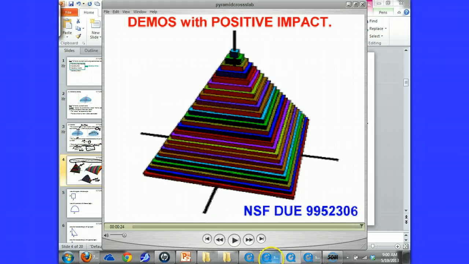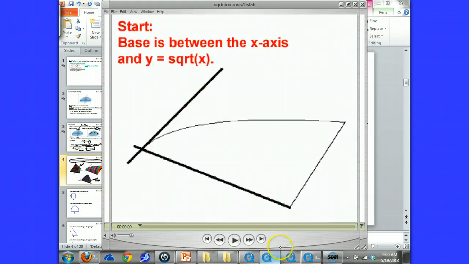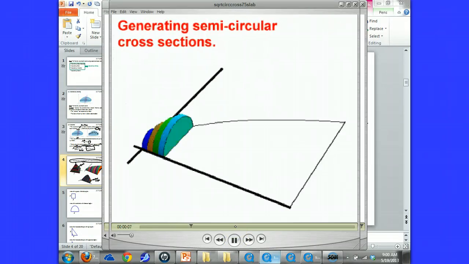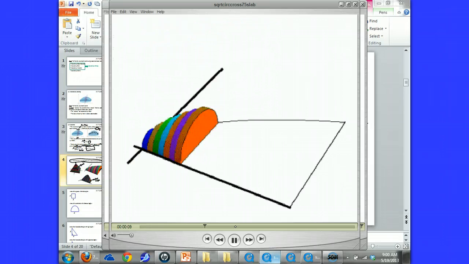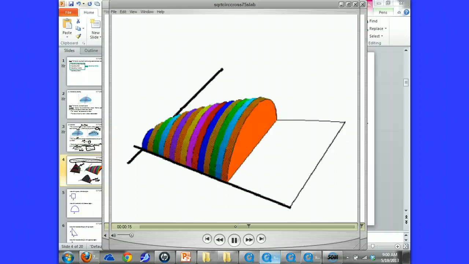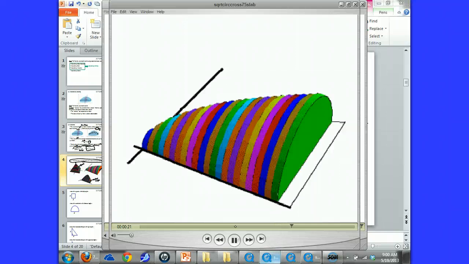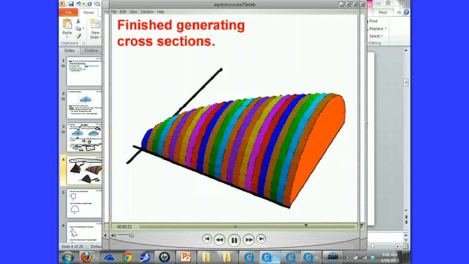Okay, here's another movie for the other picture, where each time we have semicircles. These are the slices. We find the area of the semicircle based on the placement of the shape, and then we integrate that to find the total volume. Much better than a static drawing. And then finally the last one,